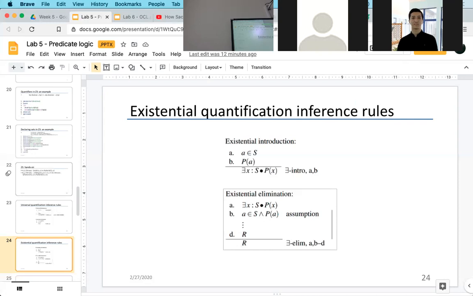So imagine we assume that some element belongs to S and the property holds for that element, and if these assumptions lead to some logical conclusion, let's say that